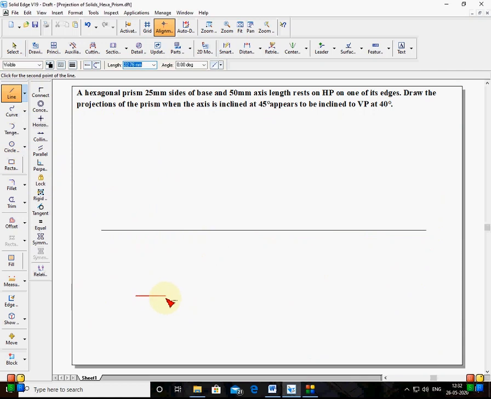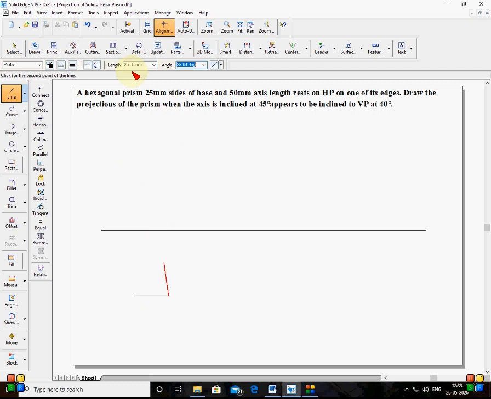I know you know how to draw the hexagon. You have to use the angle method, the same method you followed for drawing a pentagon. The length of the hexagon side is 25 mm, so I'll type 25 for length in the ribbon bar. First I'll make the angle 0. First you complete the hexagon, then you can position it as per the requirement of the problem. So angle 0 first. Next it asks for length again, and I type 25.